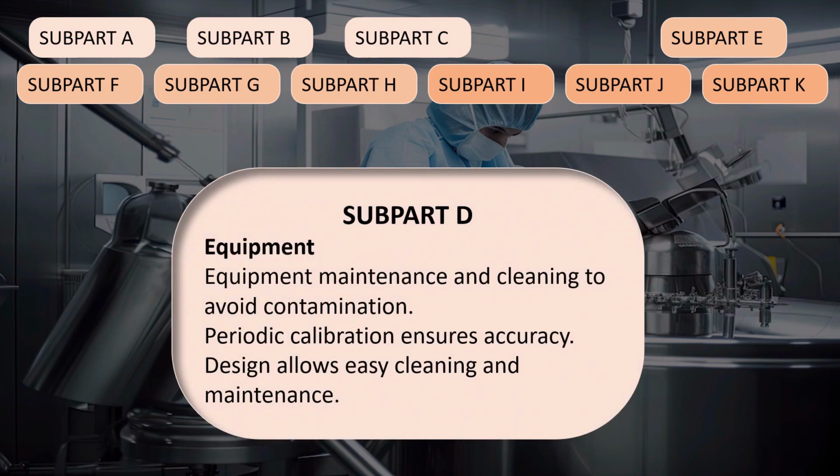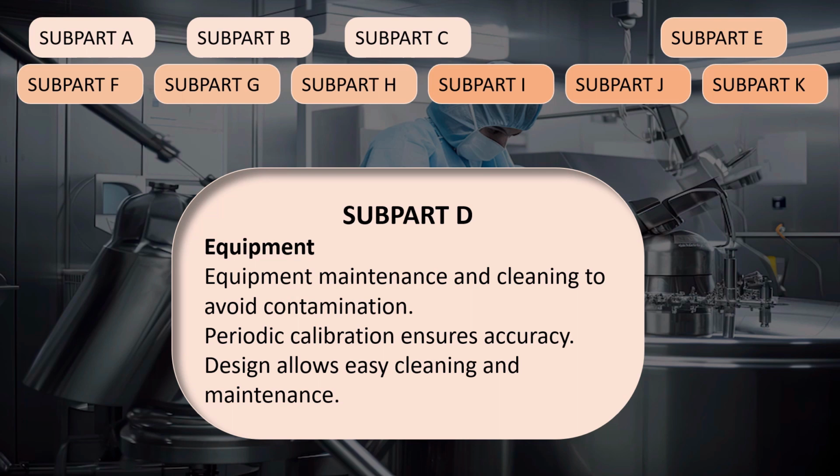Subpart D, Equipment. Subpart D covers rules and regulations for the equipment used in the pharmaceutical industry and includes regulations for the design, construction, cleaning, and maintenance of equipment. These regulations are intended to ensure that the safety, quality, and purity of drug products are not compromised. For example, some of the regulations include: